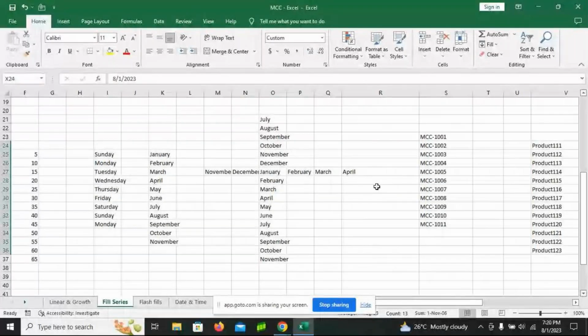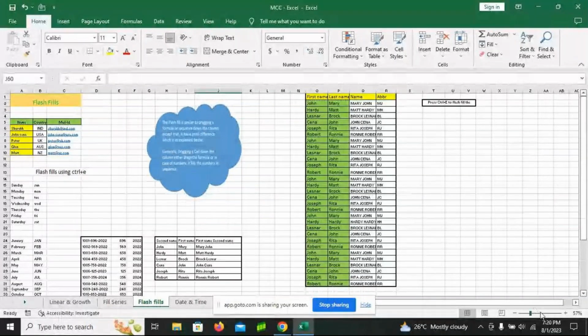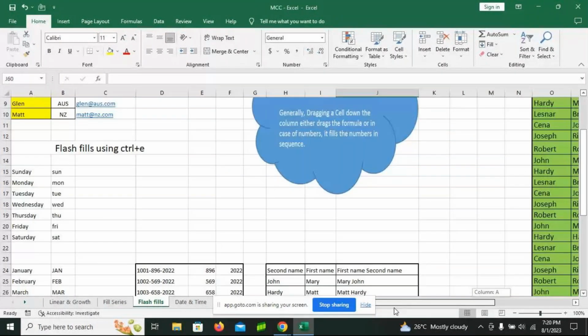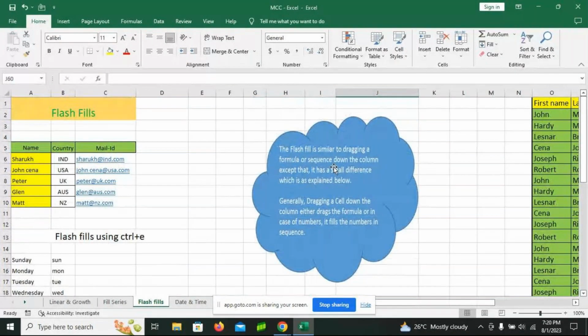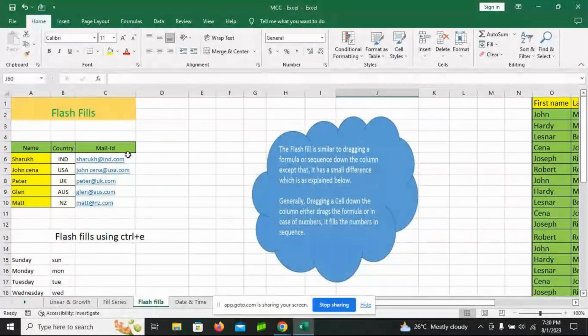Okay, let's go to the next one, flash fills. Flash fill is similar to dragging the formula or a sequence down the column, except that. So if I wanted to extract the information, or if I wanted that information to be changed to one particular format, then I'll be using this flash fill, and the shortcut key for flash fill is Control E. So for example,